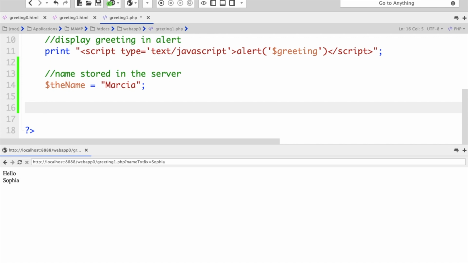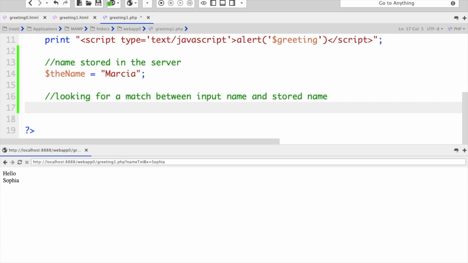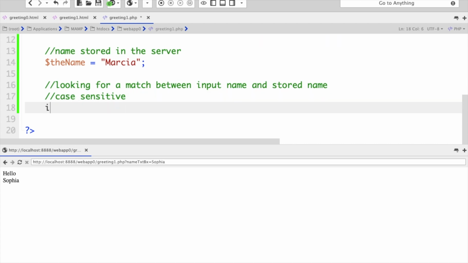If it is case sensitive, let's say looking for a match between input name and the stored name. Okay. Now, case is sensitive. If the case is sensitive, it means it has to be exactly right the way you enter. So you can do just as simple like this: if